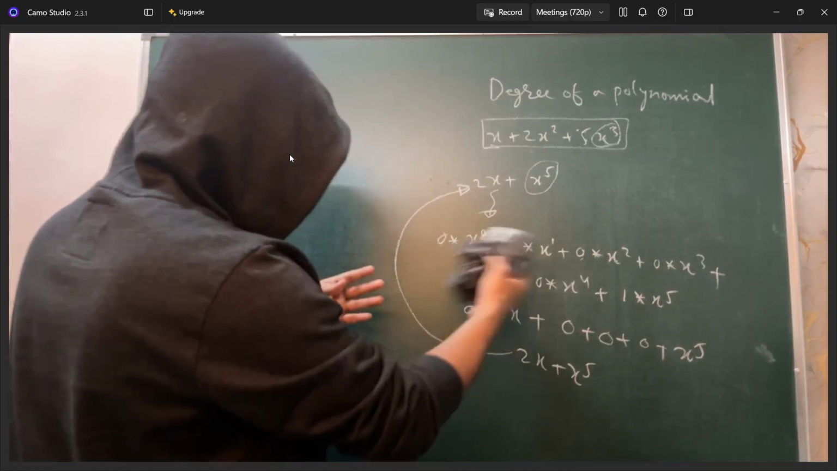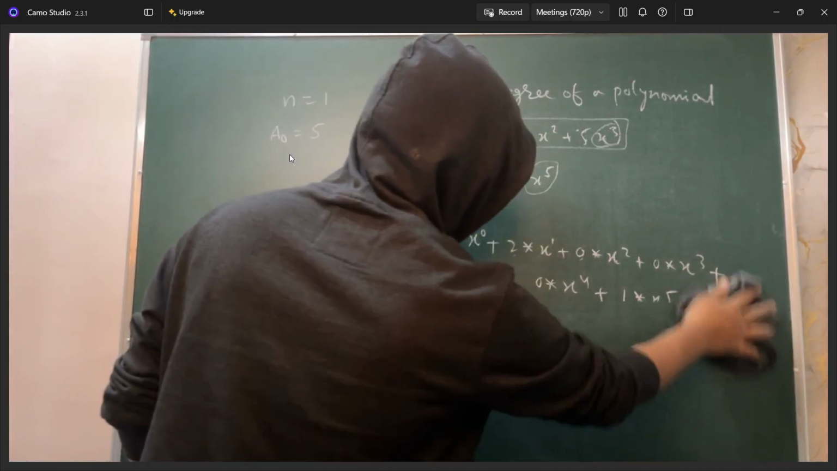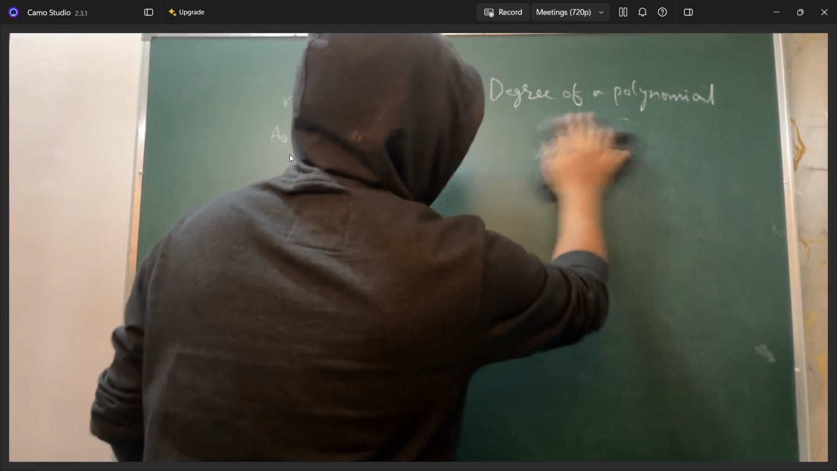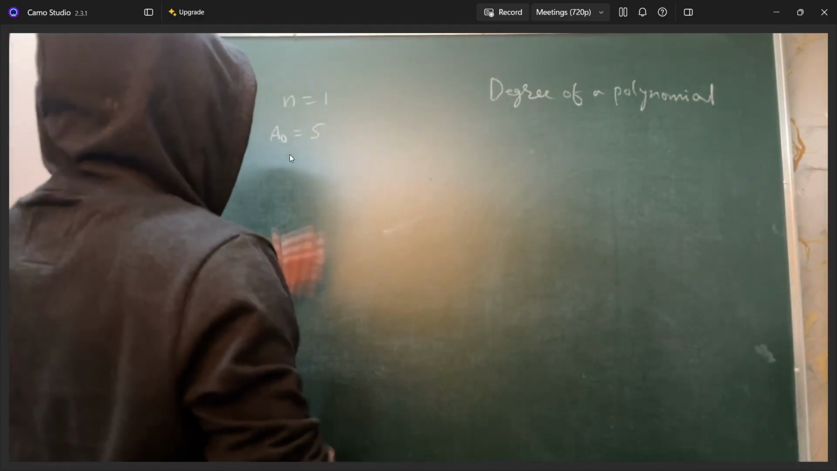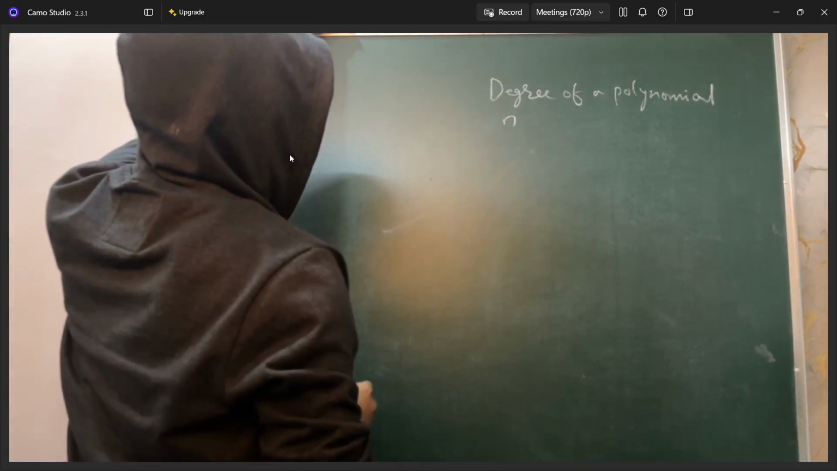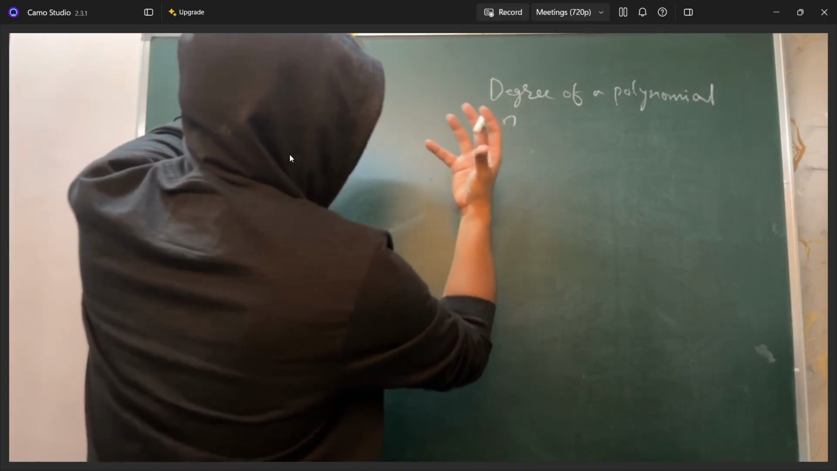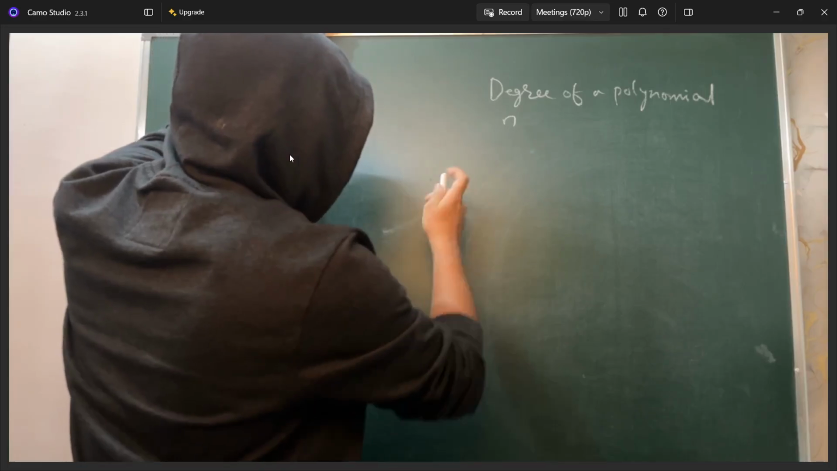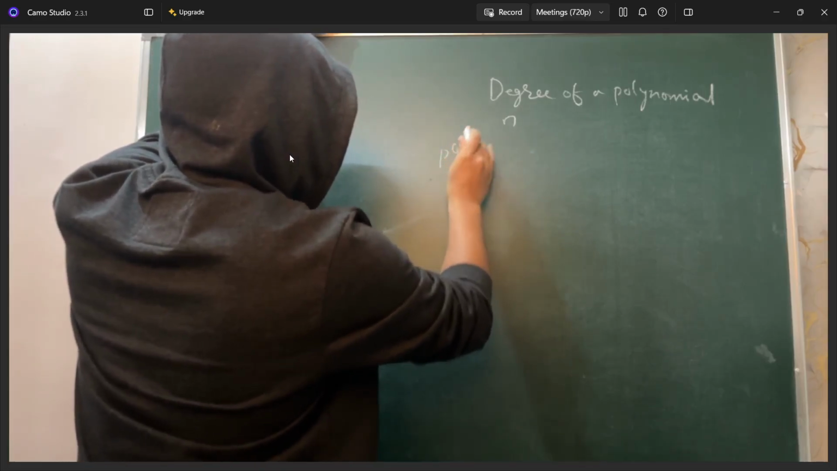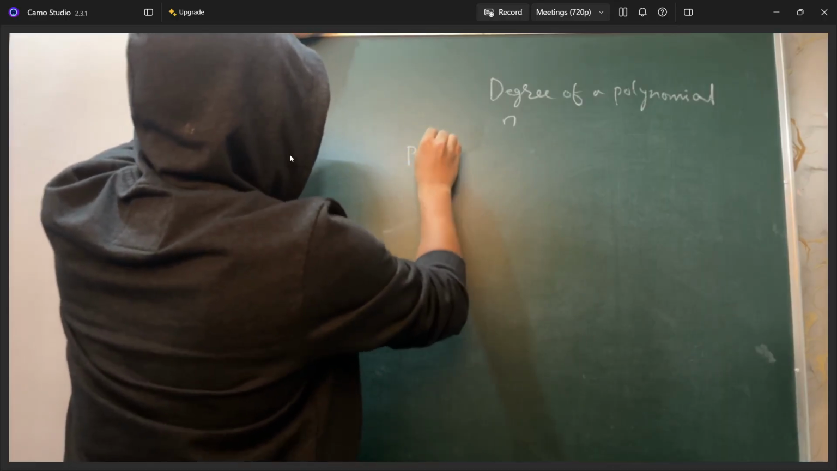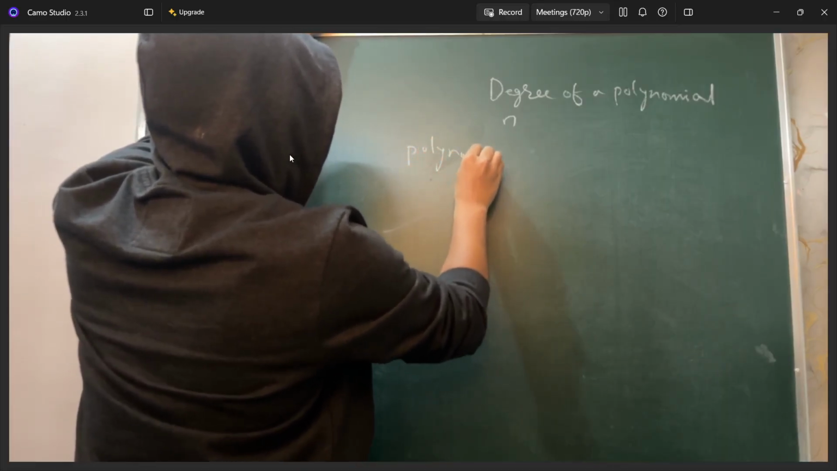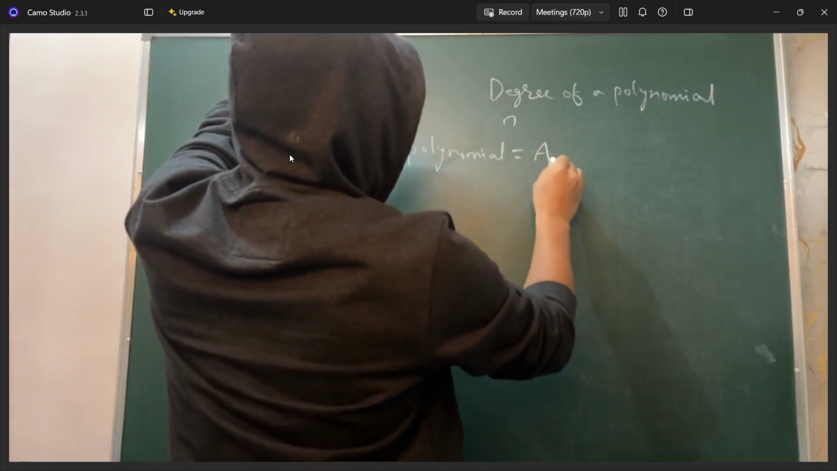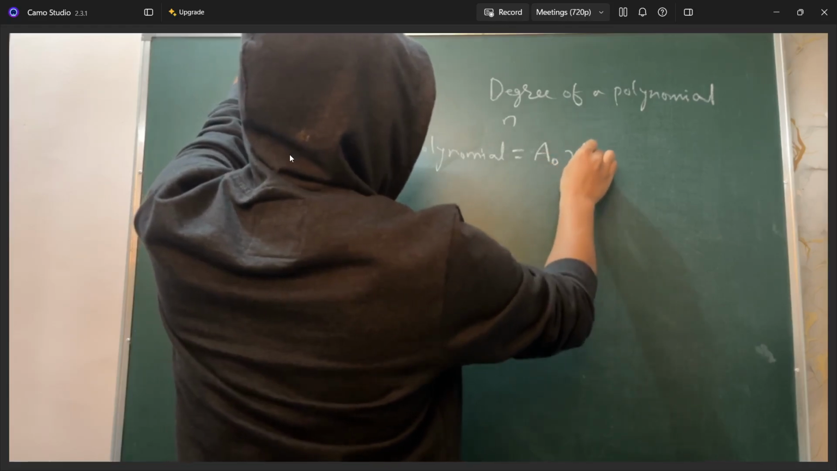Okay, I'll be telling you why I did this. So what they're saying is they have given n as the number of terms in a polynomial basically, and the polynomial will look something like this way. This will be the coefficient times x power 0,